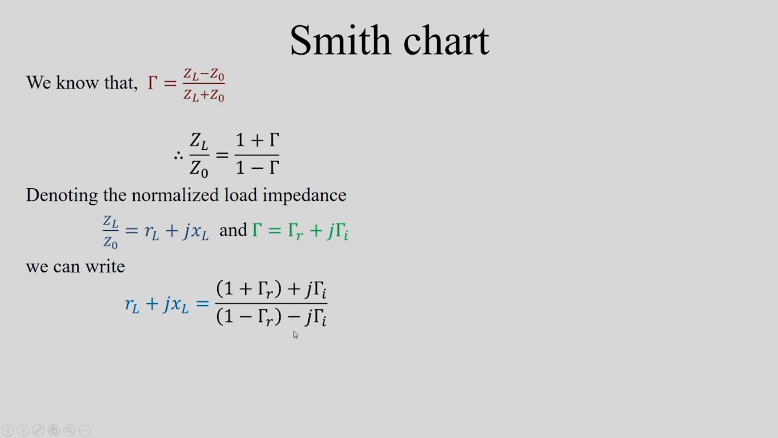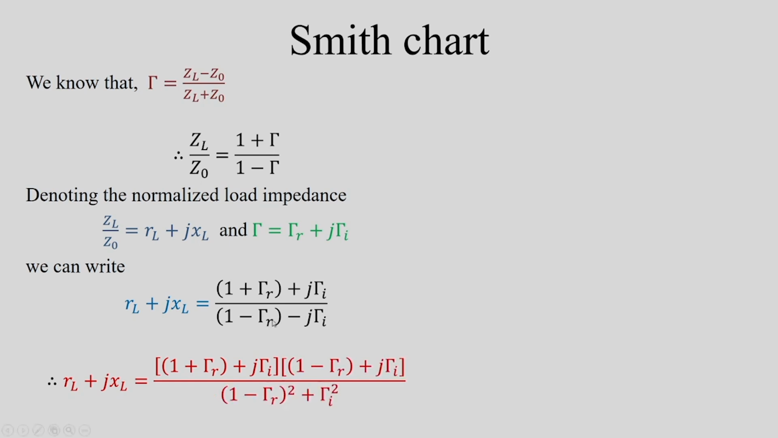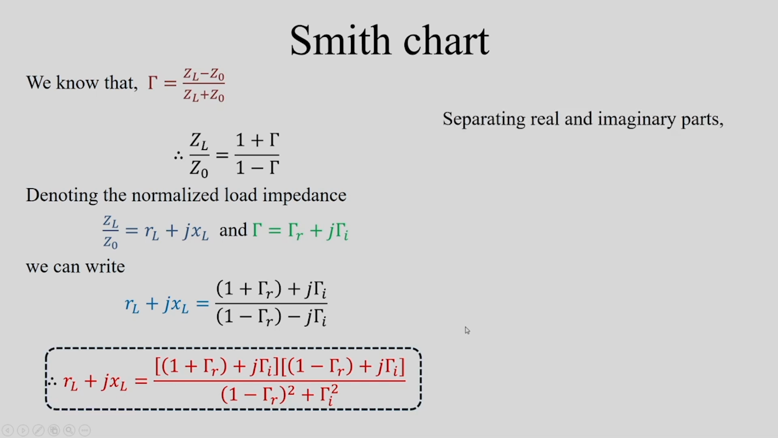Now, what we can do? We can multiply the right hand side by the conjugate of this term both at the numerator and at the denominator. Once we do that and we simplify, the denominator becomes 1 minus gamma R whole square plus gamma I square, and this term we can expand, and once we separate the real and imaginary parts, we get